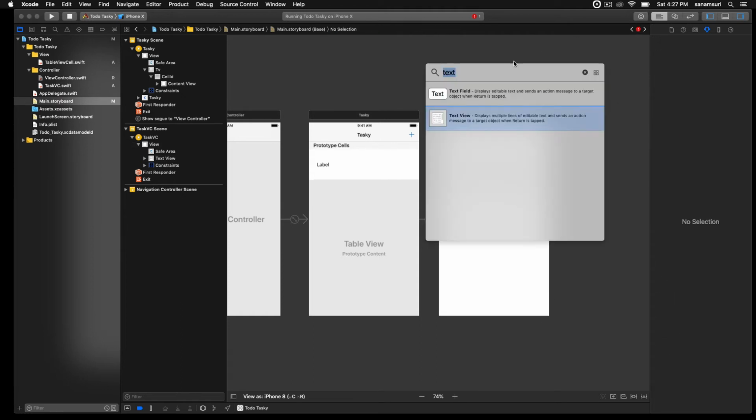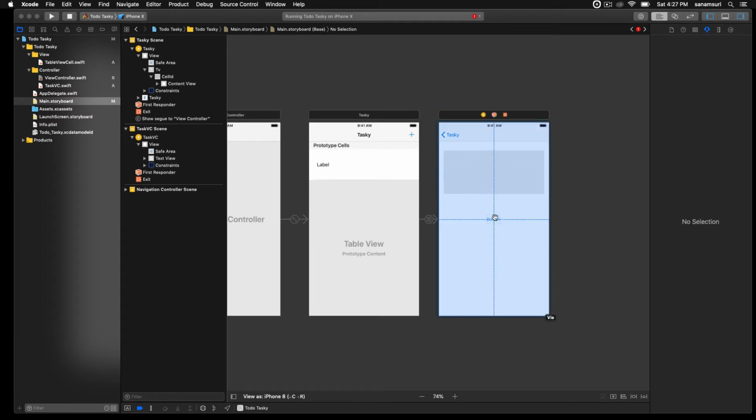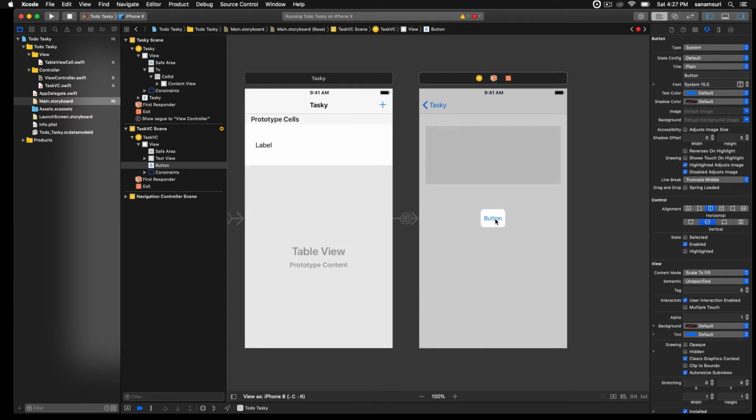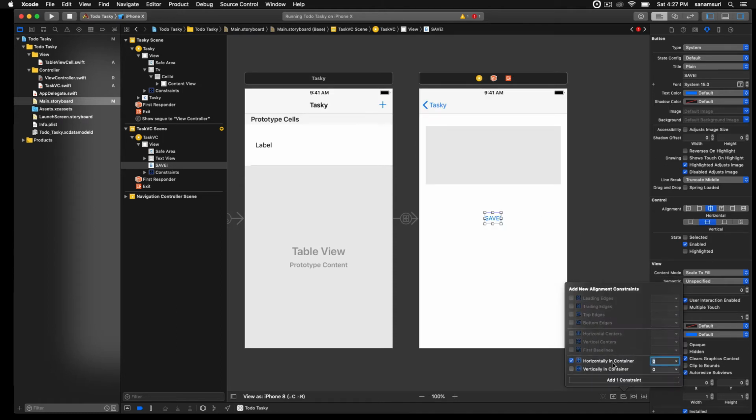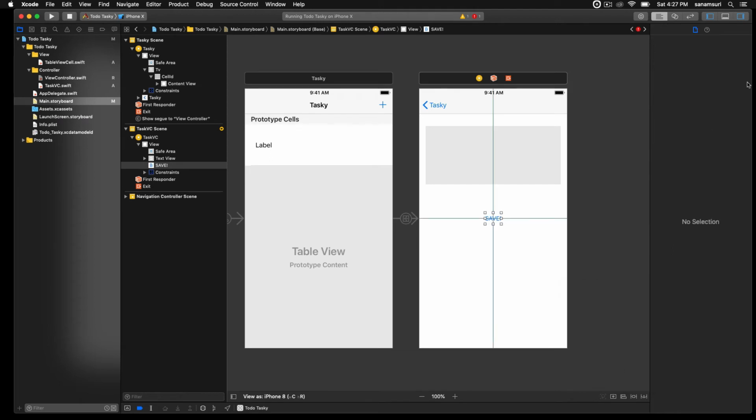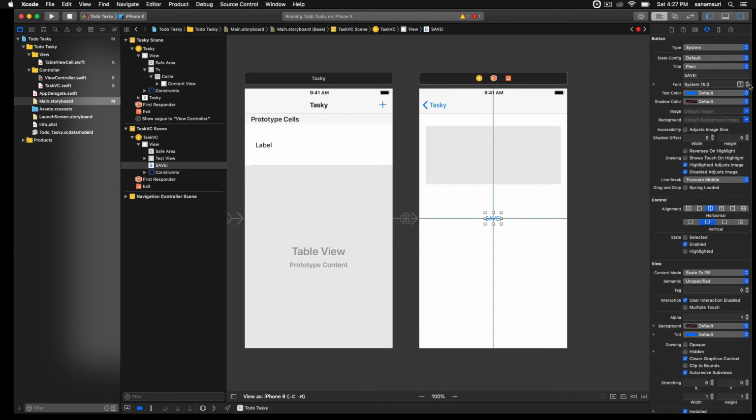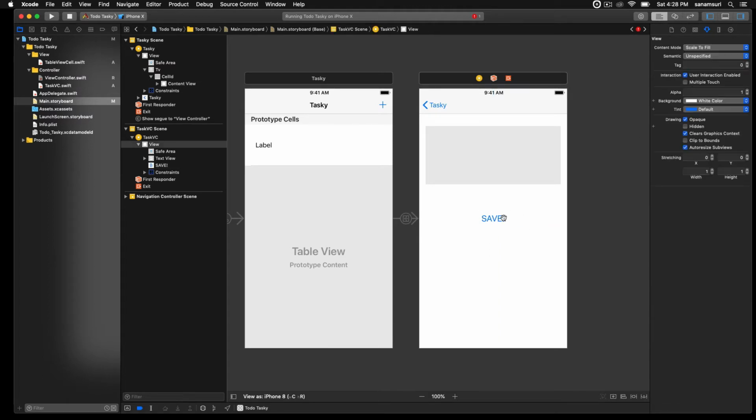And let's add a button over here. So this is a save button that we will use. So let's call it save, and horizontally, vertically in container. Let's increase the size as well. Alright, so we have the button as well, and let's go back to hitting the Alt or Option key, and